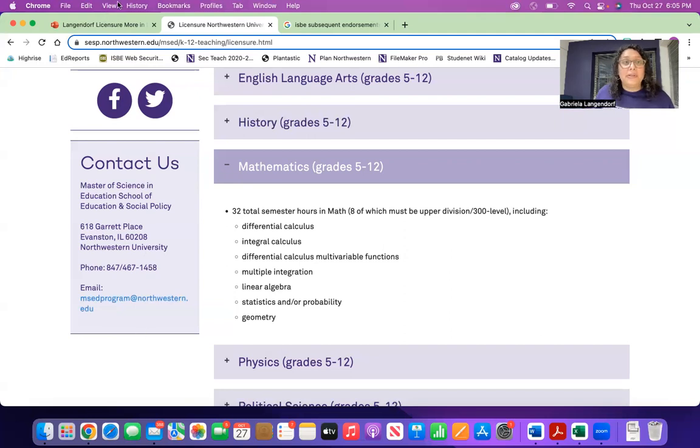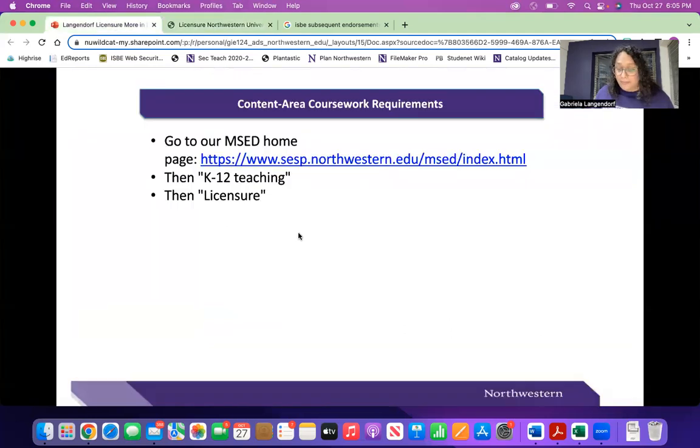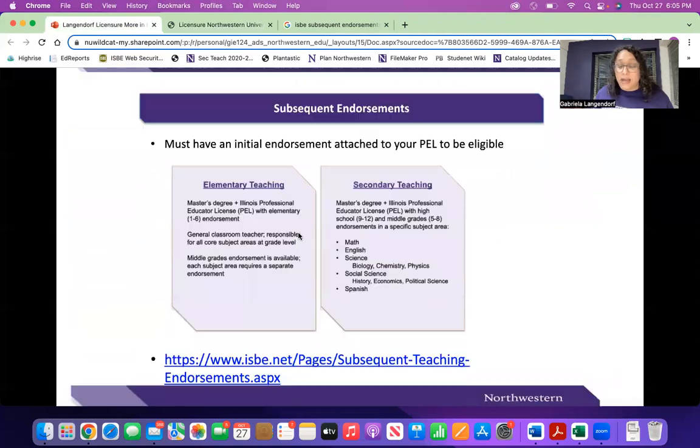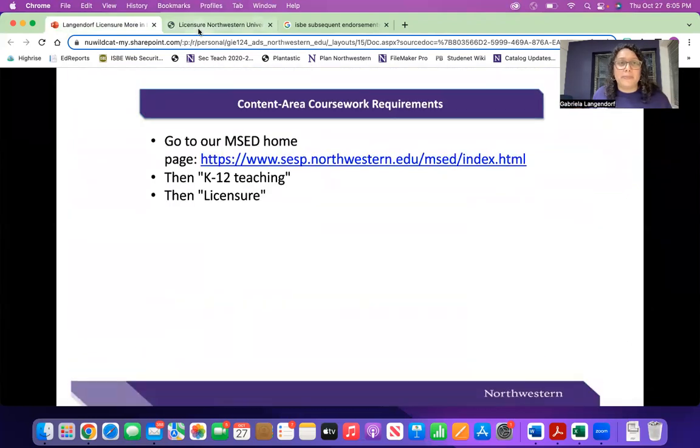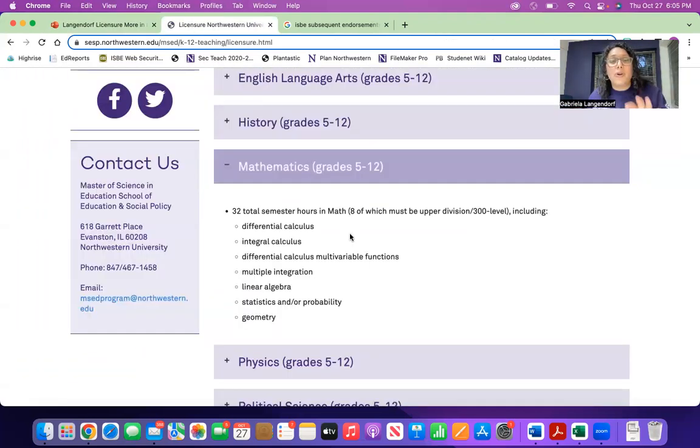The other thing I wanted to talk to you about, actually really quickly before we do that, for the courses that you have left to fulfill, if you have not taken them by the time you start the program, you can complete them here at Northwestern.